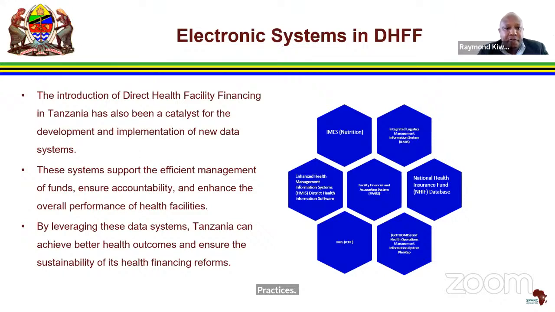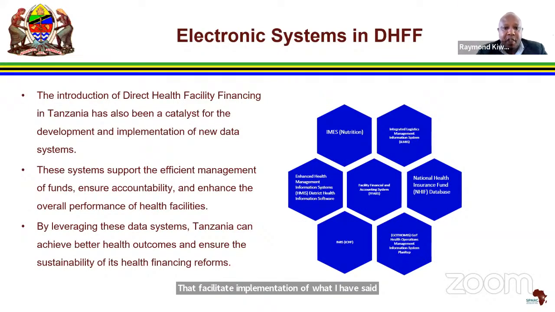The introduction of direct health facility financing in our country has also been a catalyst for the development of a number of data systems. The systems support the efficient management of funds, ensure accountability, and enhance the overall performance of health facilities. We have different types of systems that facilitate implementation of DHFF, as I have said,